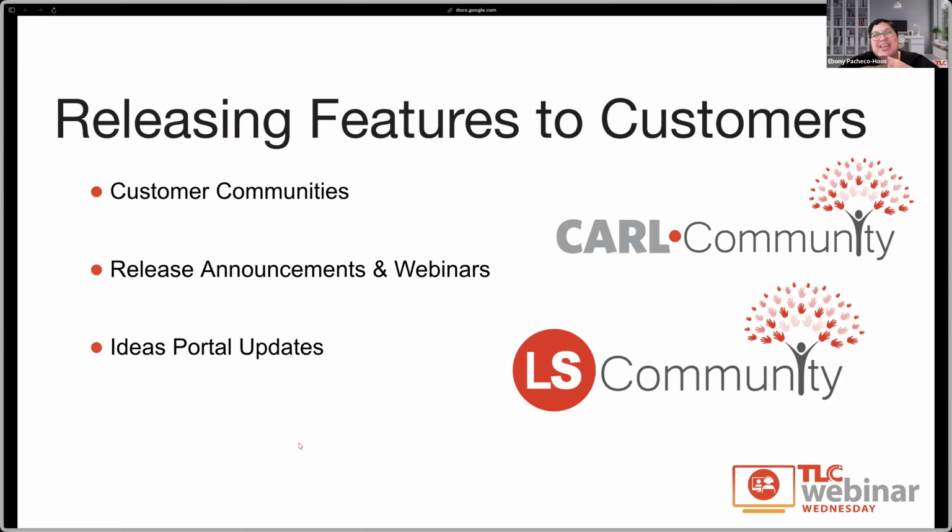When our releases are ready, either for general release or early adopter on the library.solution side, you'll see some release announcements as well as planned webinars where our product team will dive into the functionality that we have developed in the last release, allowing for questions and comments and feedback overall. And finally, we do have our ideas portal updates, which allows us again to take the next step in wrapping up.